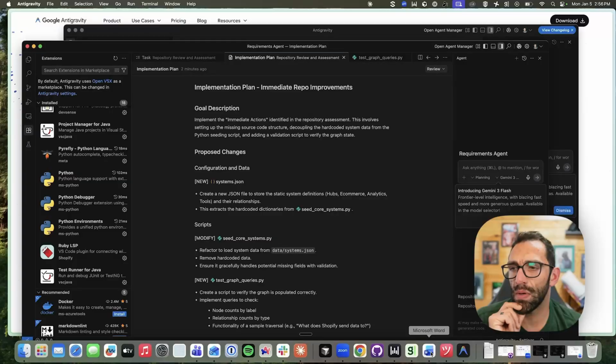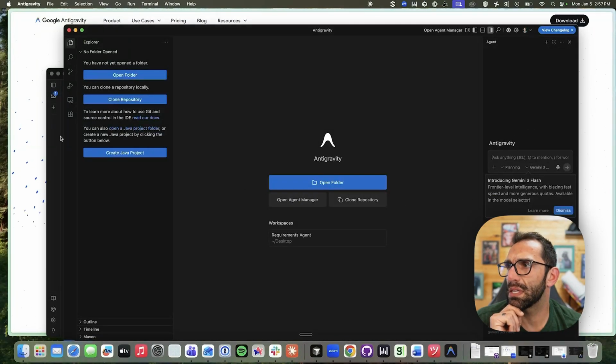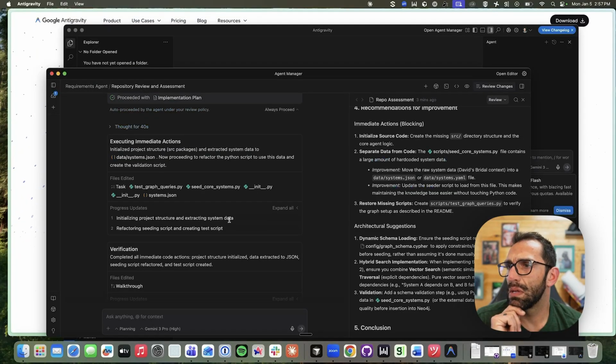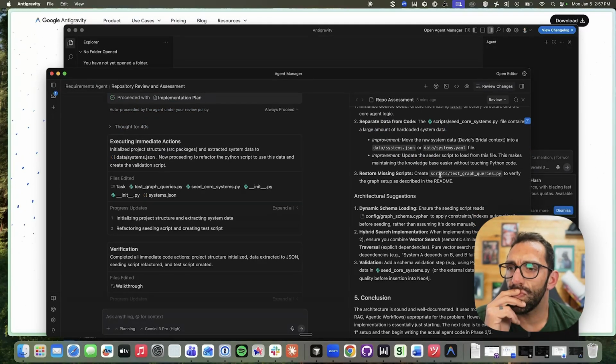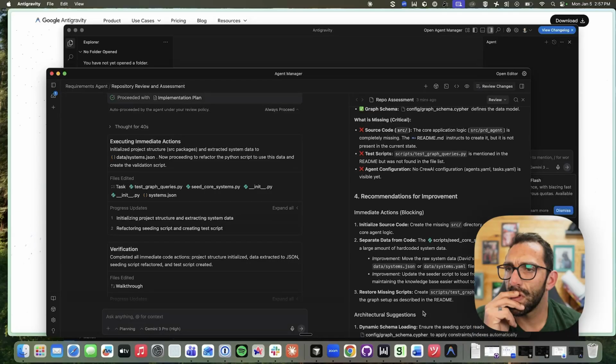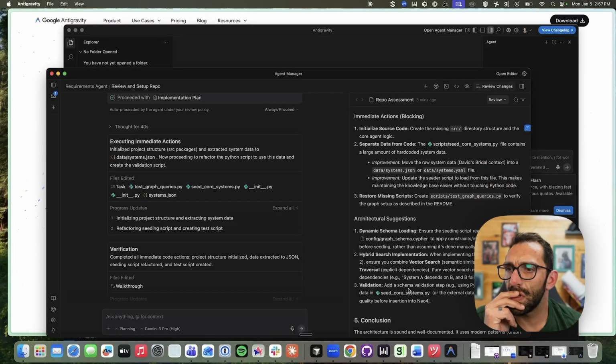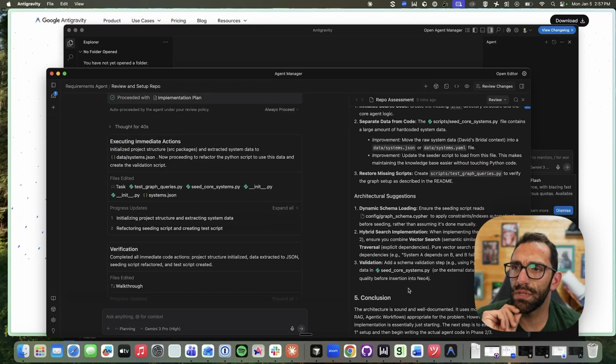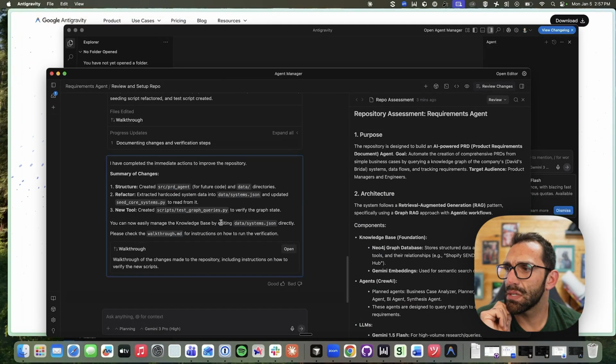Whereas if you compare it to Cursor, or even Claude Code, or some of these other ones, I feel like they at least give you a little more direction on what to do. So how do I go back to my task manager now? Okay, restore missing scripts, architectural suggestions. All right, so